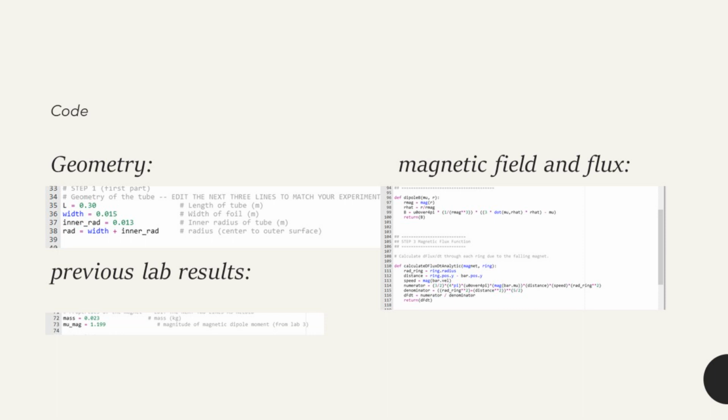And this is my code for the computational lab. In the first part, I added the geometry of the tube, and I also used the results from lab 3 and the mass of the magnet to define the characteristics of the magnet. Then I proceeded to define the magnetic field and flux, which you can see on the right, and